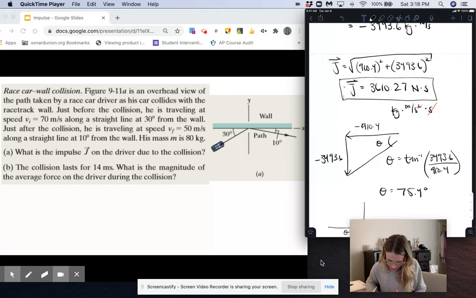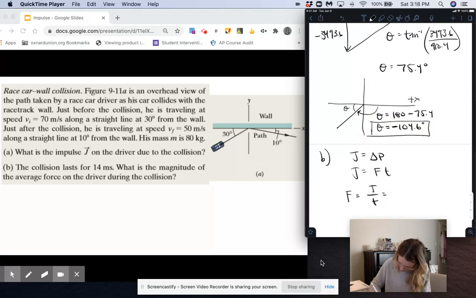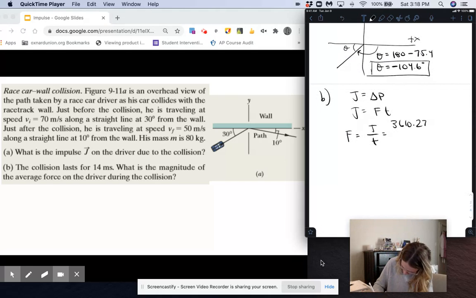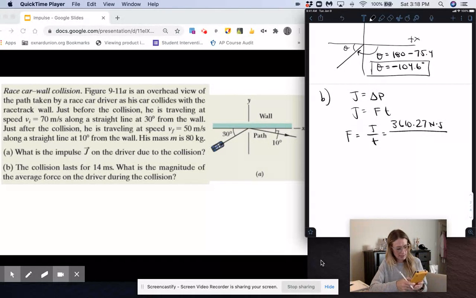Our impulse that we found was 3,610.27 newtons times seconds. And then, of course, we have to convert milliseconds to seconds. So 14 divided by 1,000 ends up being 0.014. And we end up getting that our force is equal to